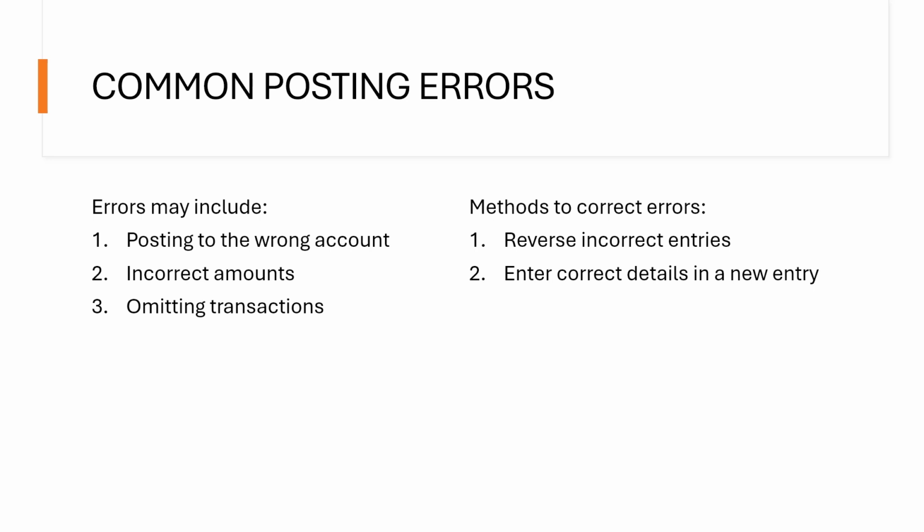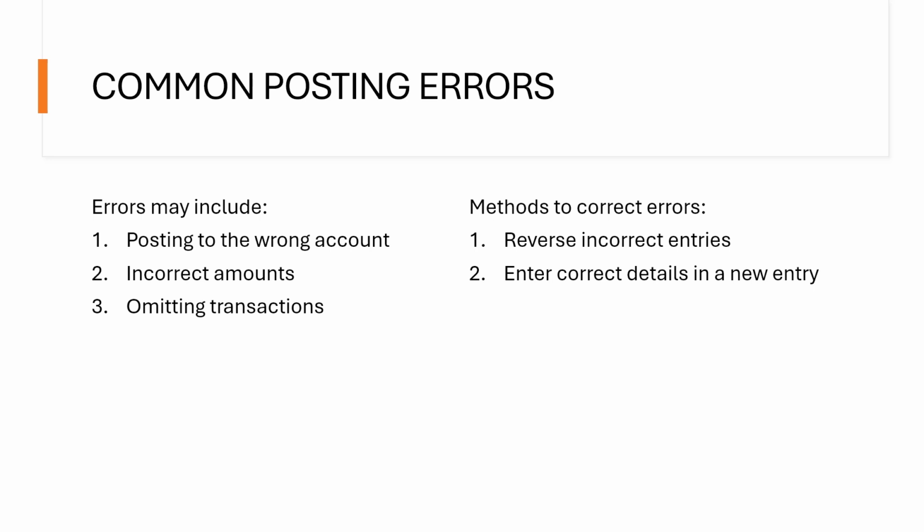There are methods to correct errors as well, but the best policy is not to make a mistake. But if you have 1,000 accounts and 1,000 transactions for a big company, then sometimes it can be quite difficult to maintain accuracy. There are certain ways to help mitigate the issues. The first one is called